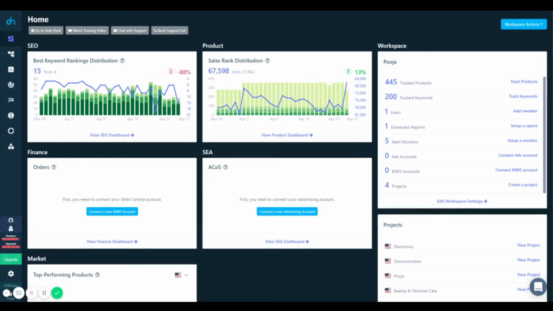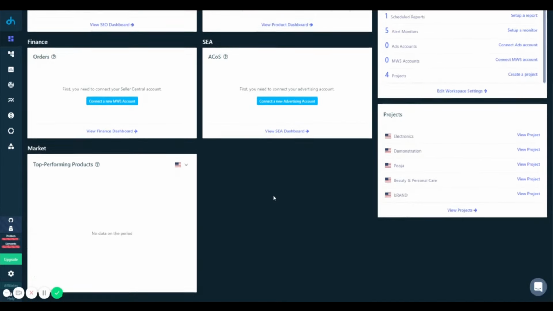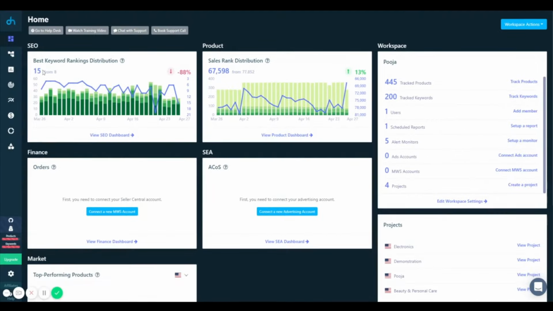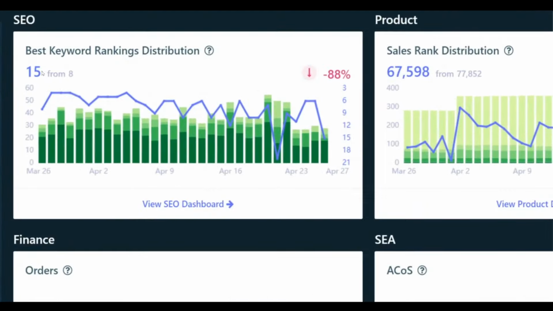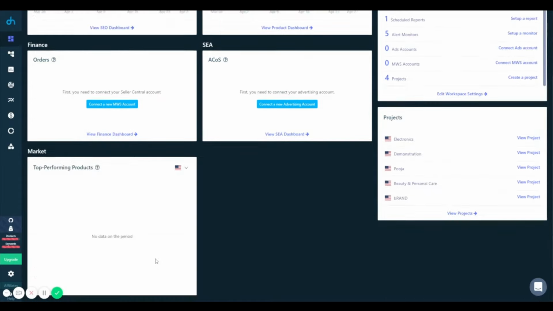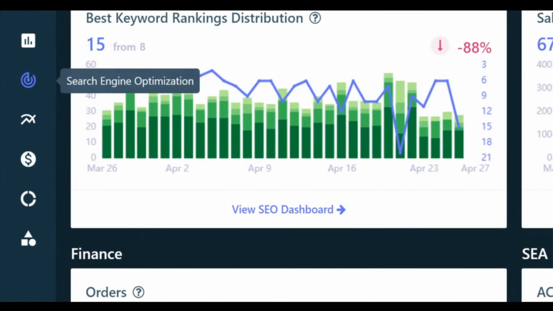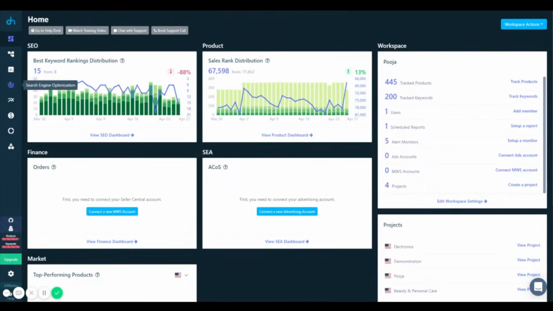In the home screen, you're able to see a snapshot of scorecards related to critical areas of your Amazon business. These are 5 solutions that constitute DataHawk's software suite that you can see on the left navigation menu. Search engine optimization to help you monitor, benchmark, and optimize organic search performance for any product on Amazon. Product data monitoring to help you monitor and benchmark changes in any product's data and performance and get alerted on